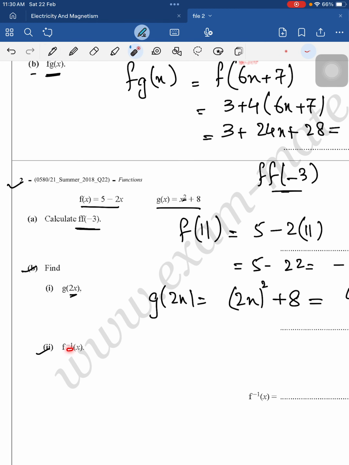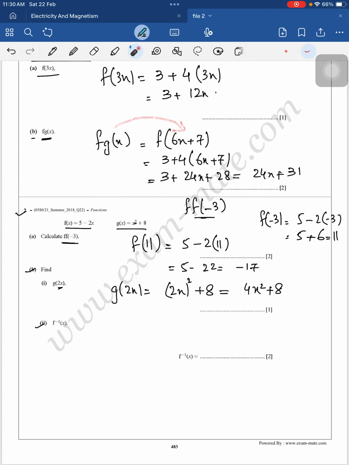Part 2, we are now looking at a different question having a -1 sign, right? So f inverse of x. Now how to calculate f inverse of x? There are 3 to 4 steps in this part. I will do each step. First, f(x) is equal to